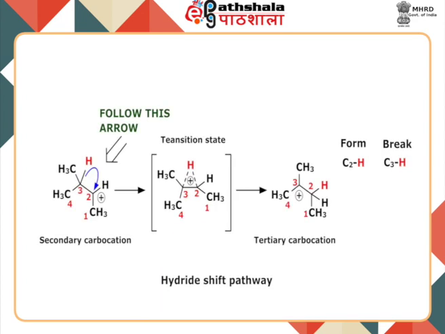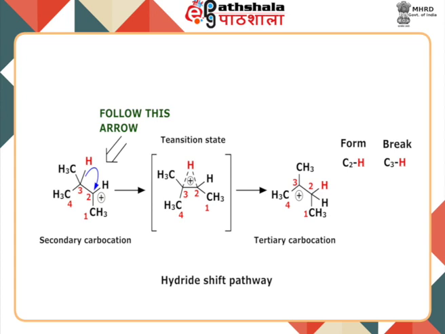Carbocations which are stabilized by resonance allow the positive charge to be delocalized or spread out over a greater area on the molecule. And one rearrangement pathway where an unstable carbocation can be transformed into a more stable carbocation will be called the hydride shift. Like you can see in this hydride shift pathway, there is this secondary carbocation. So this particular hydrogen, if it shifts from this C3 carbon to the C2 carbon, so relatively they are at 1 and 2 position,